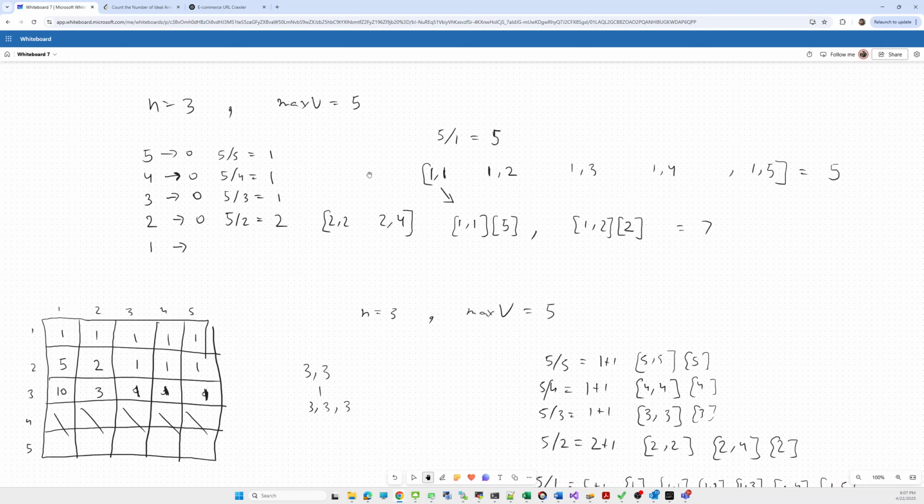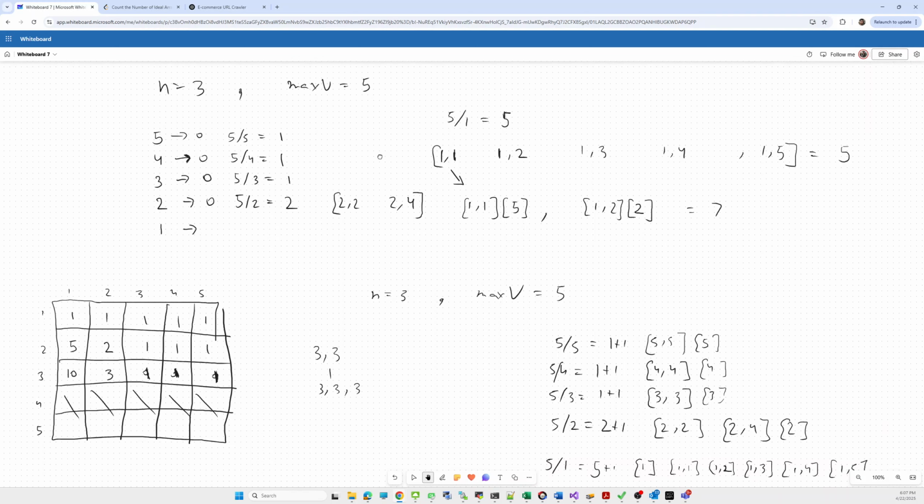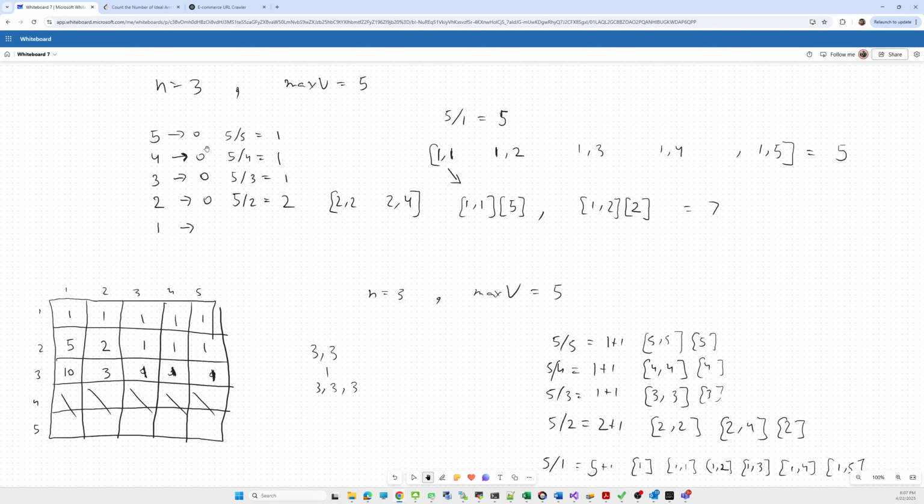So we can just do a divisibility check: within that range, how many elements are available that are divisible by 5. Like if the max value is 5, using 5 we can form only one sequence, 5 5.